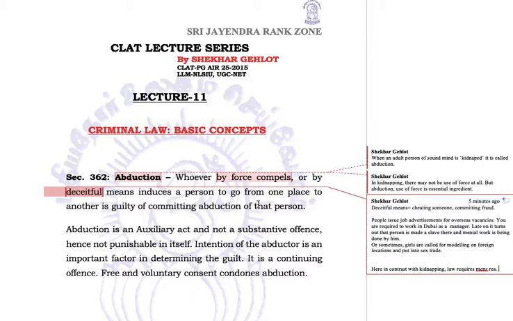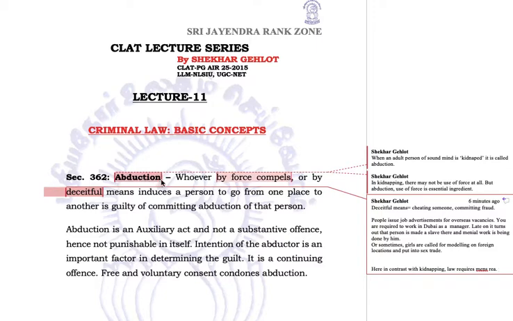So the law requires that in such cases, if an adult claims that I have been abducted, then he must prove how he has been abducted, whether force was used, and if force was used, when and how it was used. Or if someone is claiming that I have been deceitfully made to move from one place to another, how you have been moved, what was the deceit. But when a child says that someone took me out, that is sufficient. Or if a parent comes and says that someone has taken my daughter out, it is sufficient to constitute kidnapping.